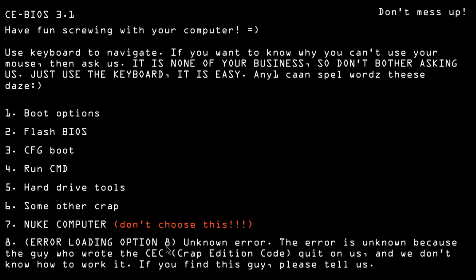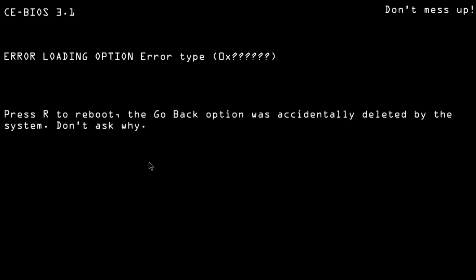What's this about? Use keyboard to navigate. If you want to know why you can't use your mouse, then ask us. It is none of your business, so don't bother asking us. Just use the keyboard. It is easy. NEL can spell words these days. So there's boot options, which obviously,